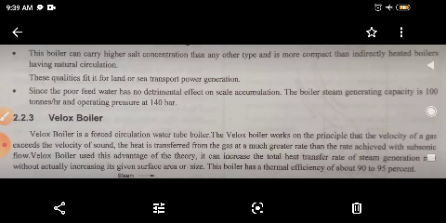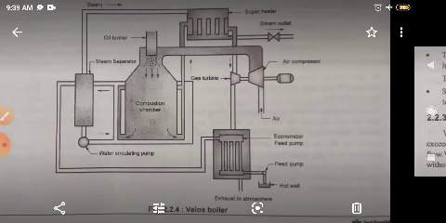The heat is transferred from the gas at a much higher rate than the rate achieved with subsonic flow. Velox boiler takes advantage of this theory. It can increase the total heat transfer rate of steam generated without actually increasing its given surface area or size. This boiler has a thermal efficiency of about 90 to 95%. Okay, let's see its